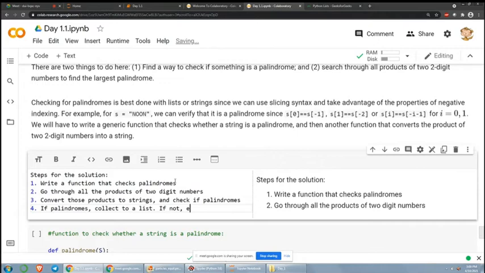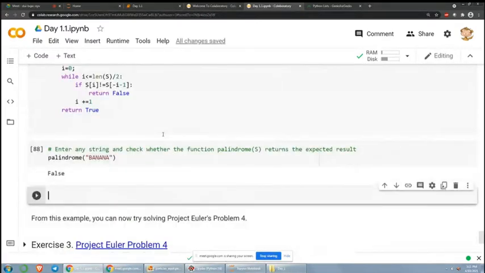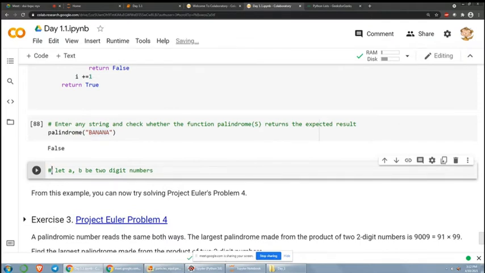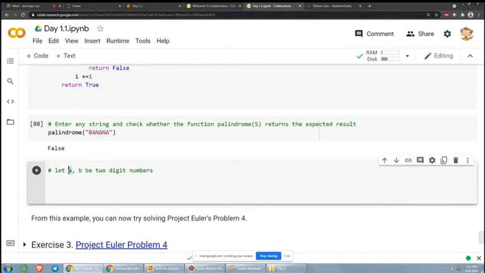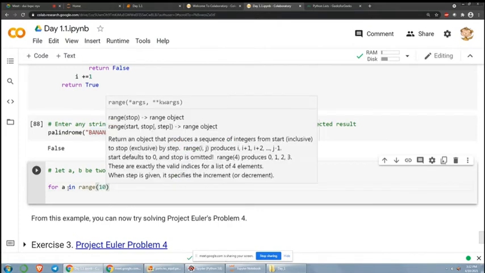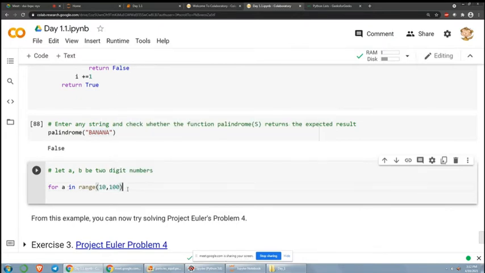Okay, so how do we use this function now to go through all of the two-digit numbers? Okay, so this is what I'm going to do. So let A be the two-digit numbers. Okay, so by the way, I forgot to mention anything that follows a sharp sign is a comment. A comment is ignored by the computer. Okay, so I'm going to use these iteration variables A and B. So for A in range, if it's a two-digit number, so it's from 10 to 100. Remember, 100 is not included in range. Okay? So for A in range 10 to 100,